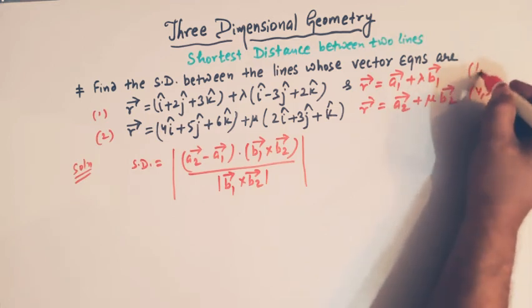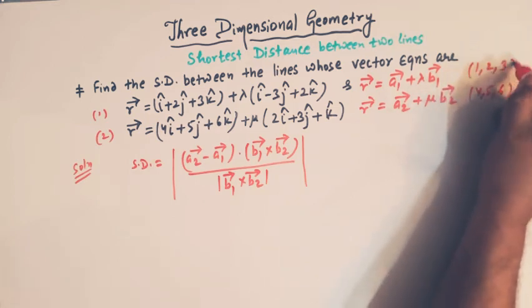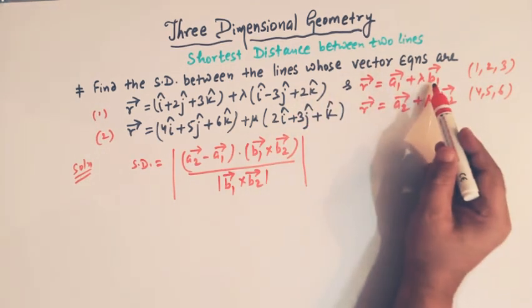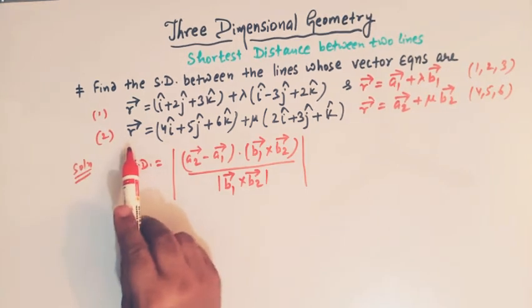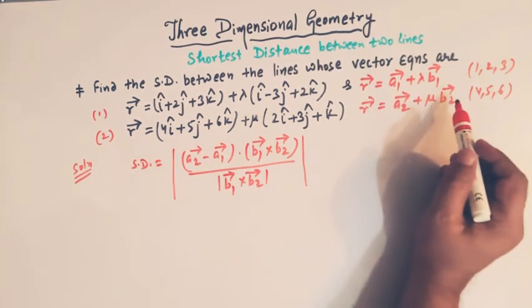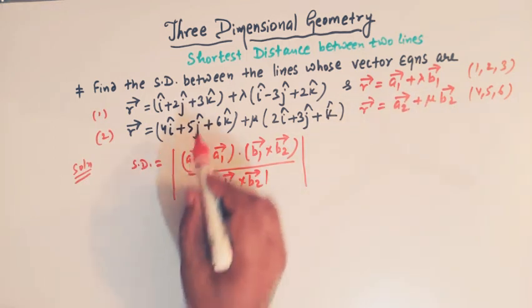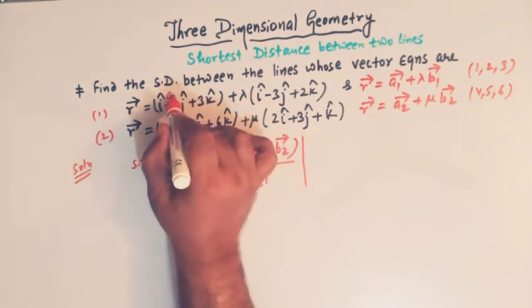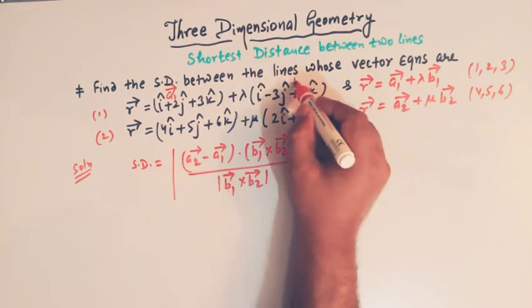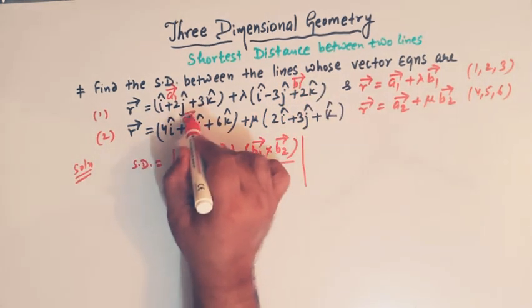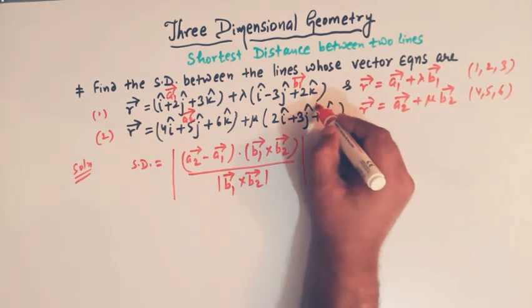The first line is parallel to the vector b1 and the second line is parallel to the vector b2, and here this is vector a1, this is vector b1, this is vector a2, and this is vector b2,